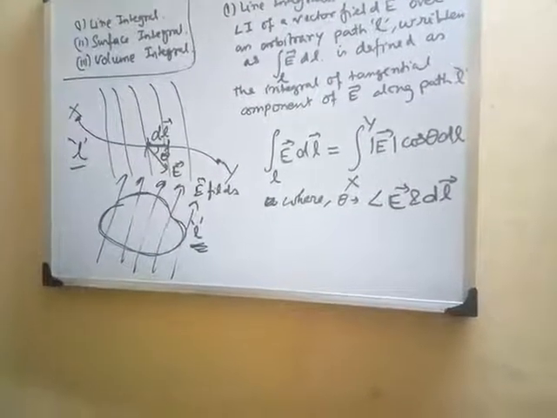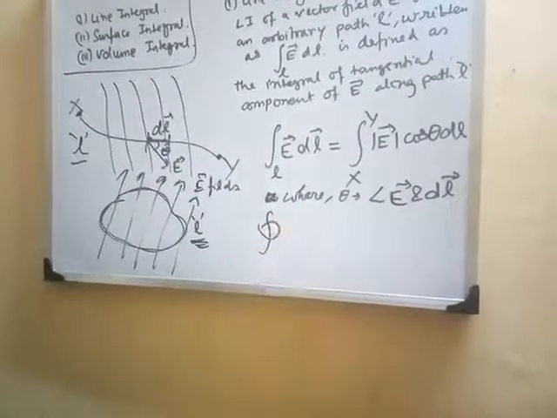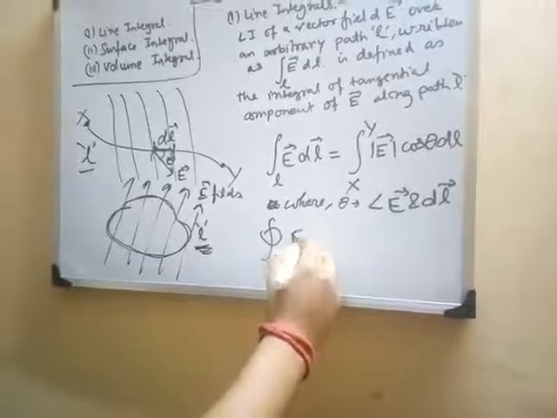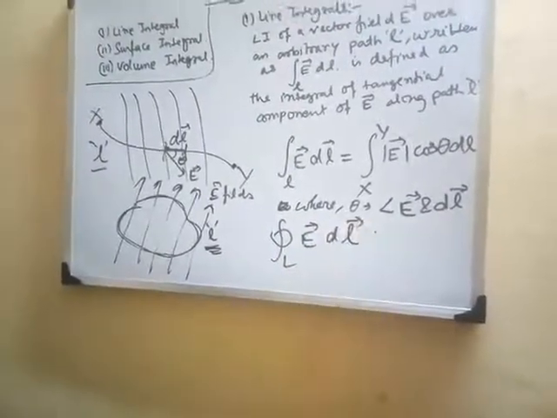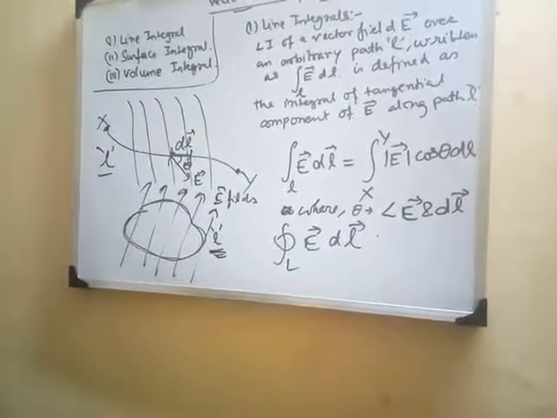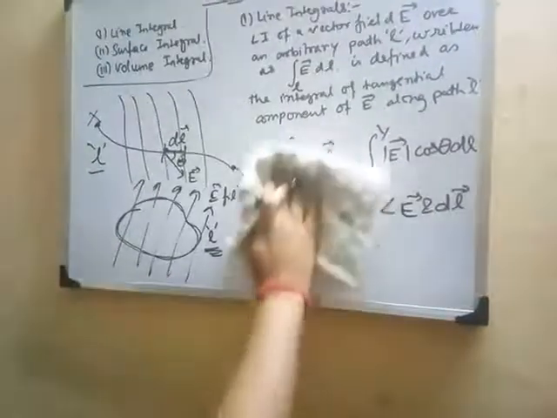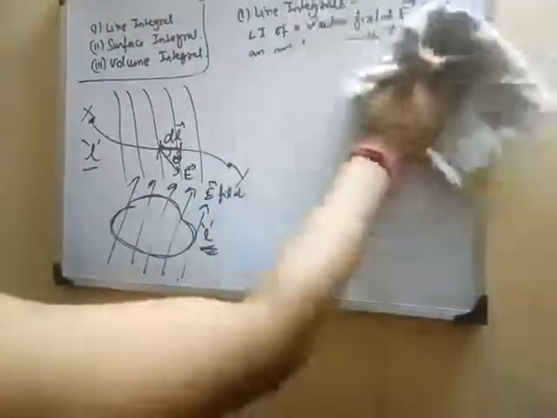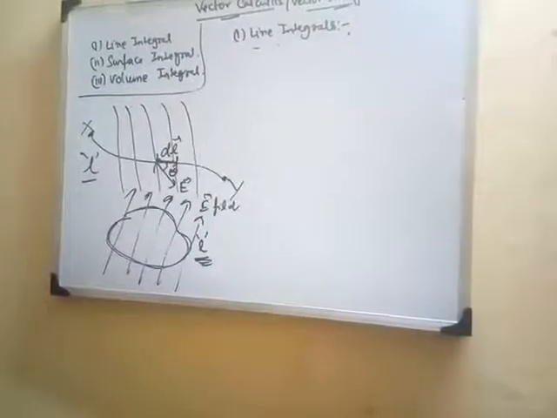So if that is the case, the line integral will be denoted only by this sign. This sign is your closed line integral sign, and that will be denoted by the closed integral of vector E dot dl vector. So this is about line integral, and there are one or two more important things that we need to remember regarding line integrals, which are, let me write these three points. The important points to remember are: number one,